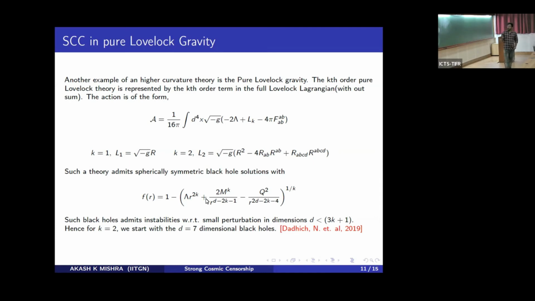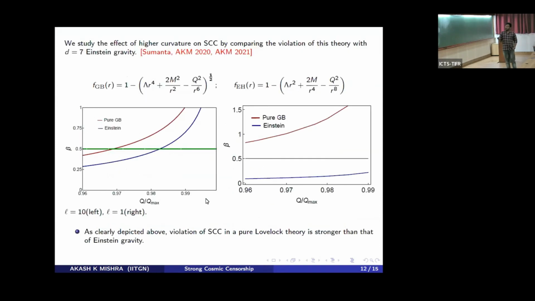So how can we compare it to GR? One of the interesting results is that these solutions are stable only for D greater than or equal to 7 dimensions. So we have to compare the 7-dimensional Gauss-Bonnet result with the 7-dimensional Einstein black hole spacetime. And here F is the metric component. And as you can see, for the pure Gauss-Bonnet case, the violation